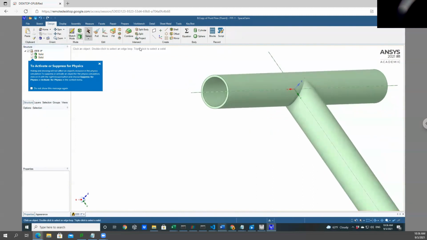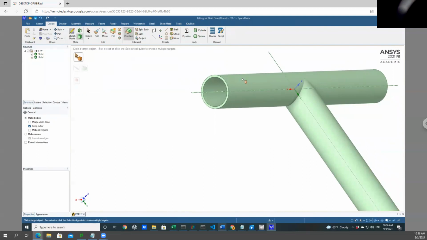So to do that, just click on combine, and then select your target object, which will be the horizontal vessel, and then click on cutter, right? So what do you want to cut, it's asking. I want to cut the intersection between these two. So click on the vertical one, and then